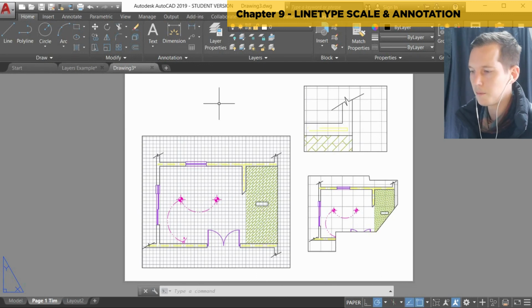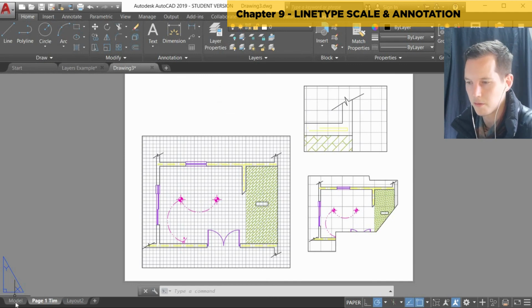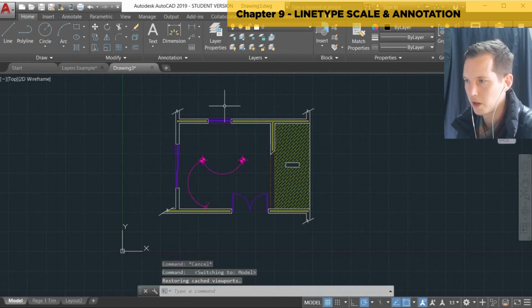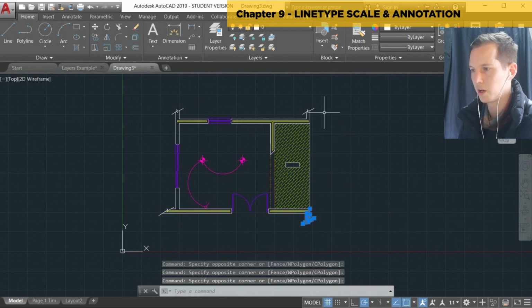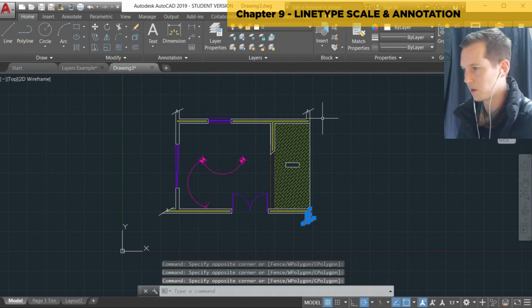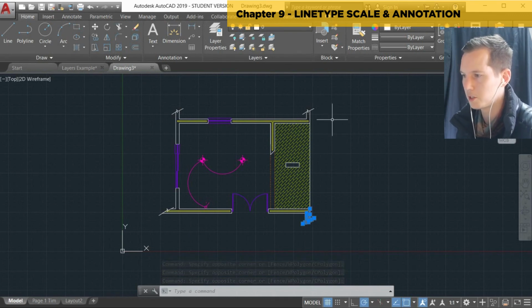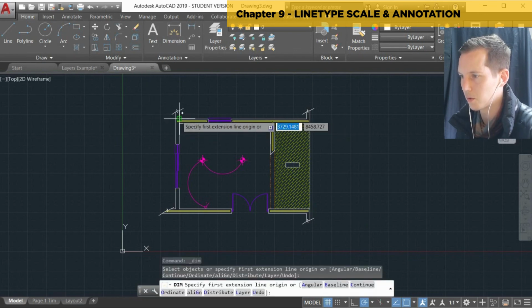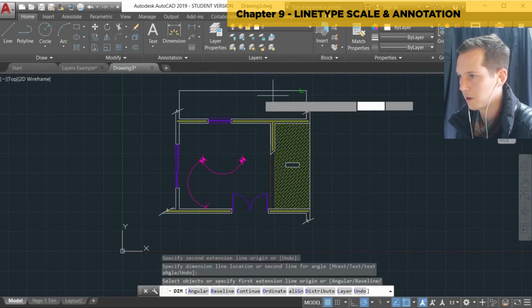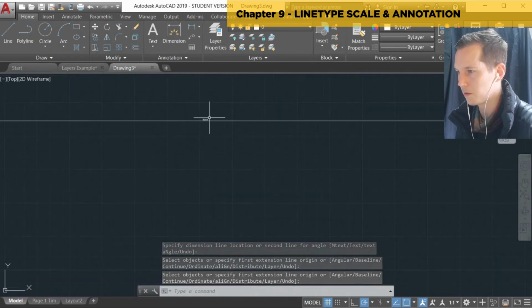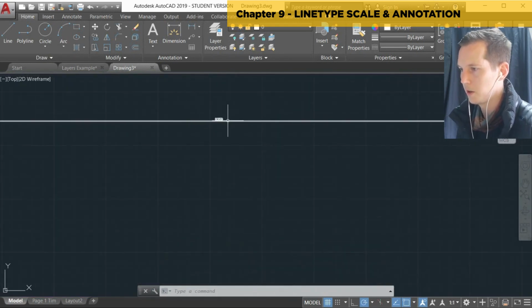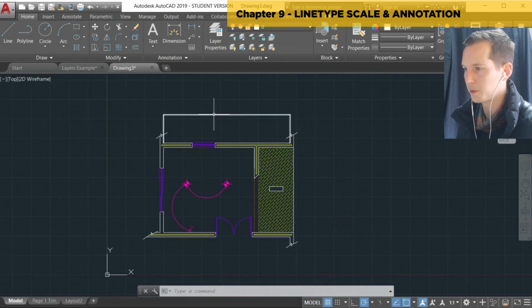So one way of doing it is by adding dimensions and text and that sort of stuff in your model space over here, okay? Putting in text over there and pulling dimensions off the edges of this drawing here, and I've just got this sample drawing that I've made here. So you can do all of that annotation in model space here. And I'll give you an example. Let's just quickly throw in a dimension here, okay, and you'll see it's coming out at a very weird scale, okay, and I'll explain this to you just now. If I zoom right in, you'll see there's a tiny little number there showing how long it is, okay,